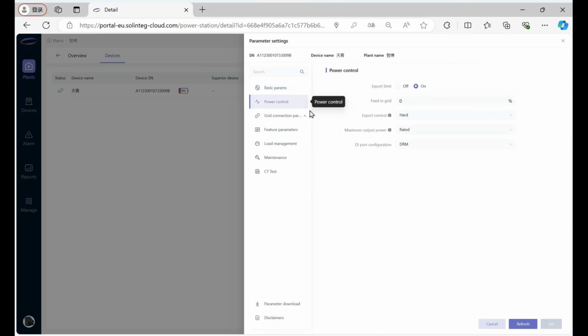Here is the power control. Here you can turn off the export limitation or turn it on. If you want the export limitation, you can turn it on, and here you can set the feed into grid percentage, and the value is from minus 100 to 100%, and 0% means it is zero export limitation. And if you set minus 10%, it means the